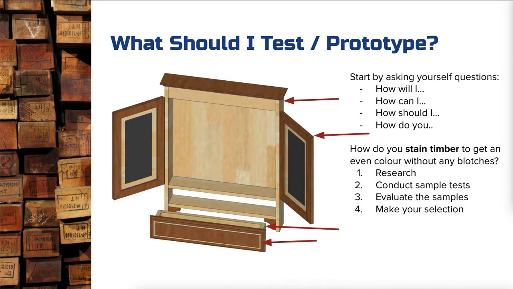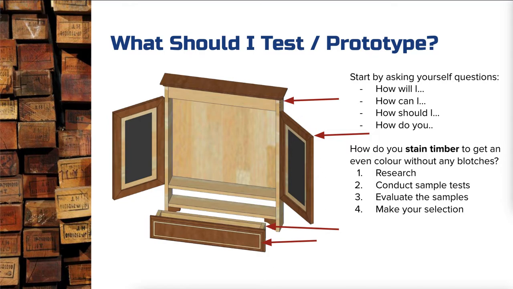So in the case here, I'm going to say, how do we stain timber? Because obviously in this project, I've got a dark drawer front, dark frames on the doors, and a dark top. They are definitely designed intentionally to be stained so that my students making the dartboard cabinet can learn about staining. But the question is, how do I stain timber evenly to get that even color without getting any blotches